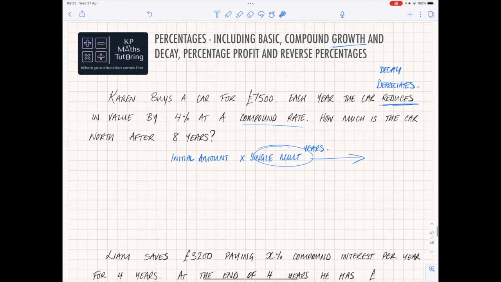So for this bit, what you're now saying is 7,500 is my initial amount, times by my single multiplier, which is 100, and it's reducing by 4%, so it's minus 4, which is 96. Then you divide that by 100, it becomes 0.96. So 7,500 times 0.96 as your single multiplier, and then your power, because it's over 8 years, is to the power of 8. Now when you do that, you end up with an answer of